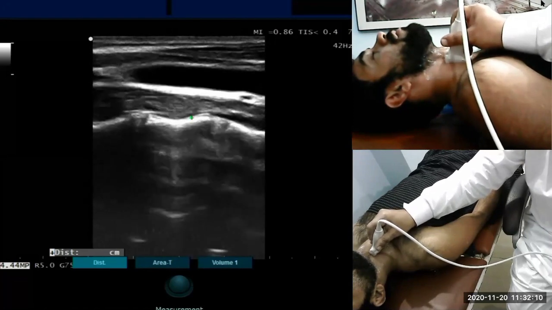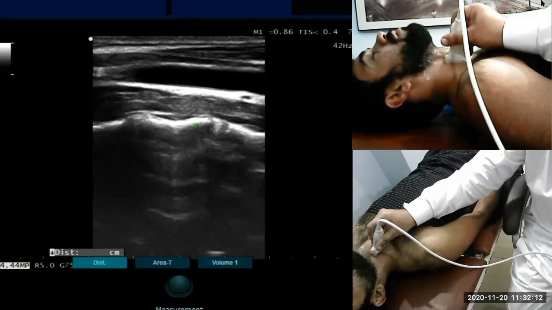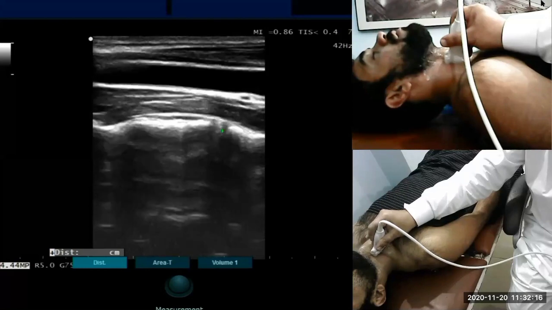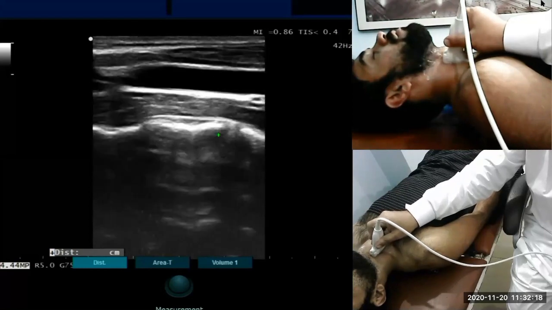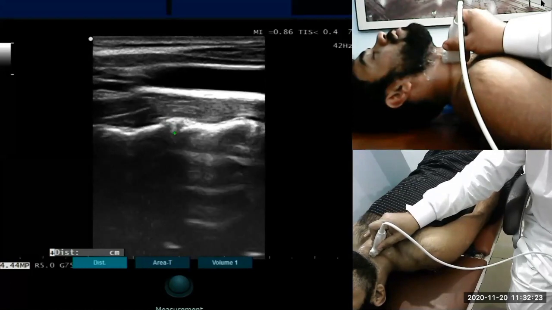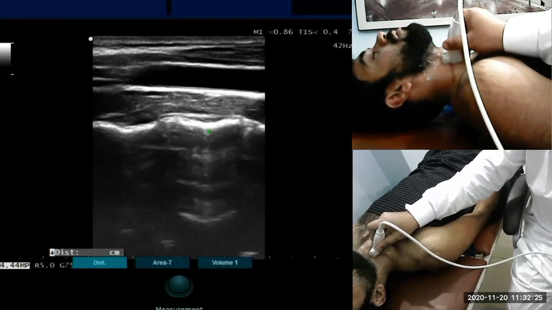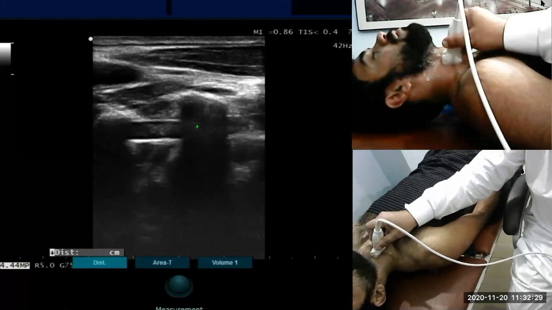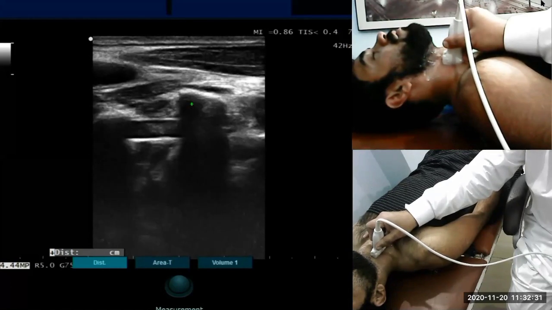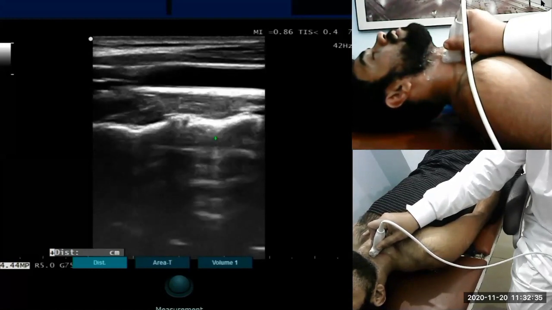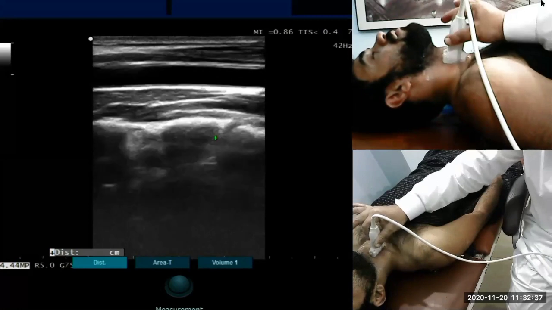These are the vertebral bodies, the other vertebral body, and this is the intervertebral disc. There. This is the intervertebral disc. This is the body. Keeping this body in focus, I'm moving lateral, and there you see this is a transverse process. Going back in the midline